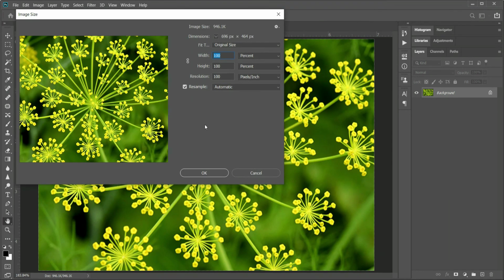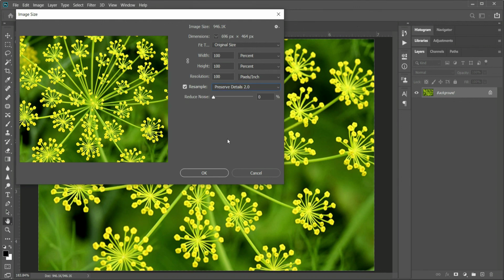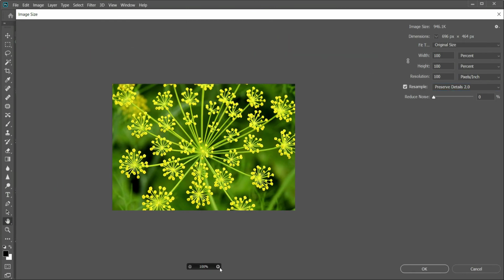Once you check this option and come to the image size menu, that is Ctrl Alt I, you will find another option on the drop down menu, like so. I'm going to drag this window so that we see a full preview of the image at 100%. By default, it is choosing automatic and it does a pretty decent job.